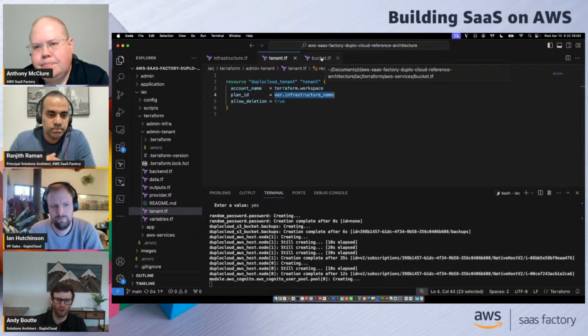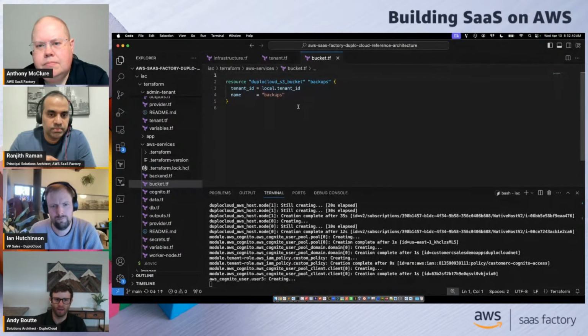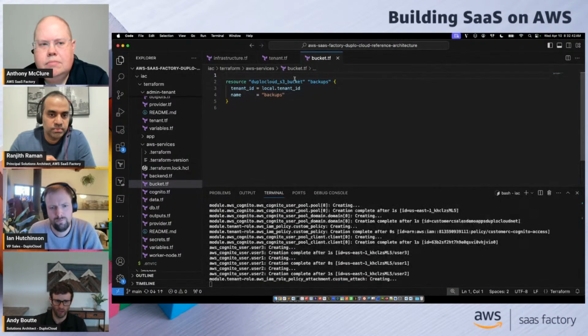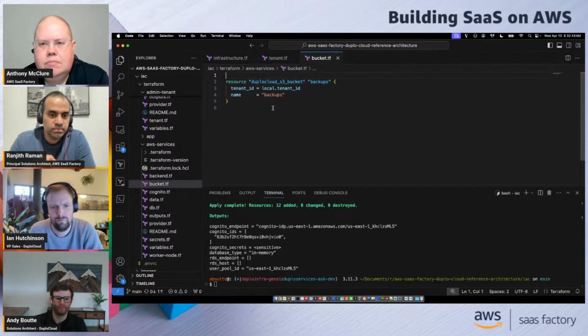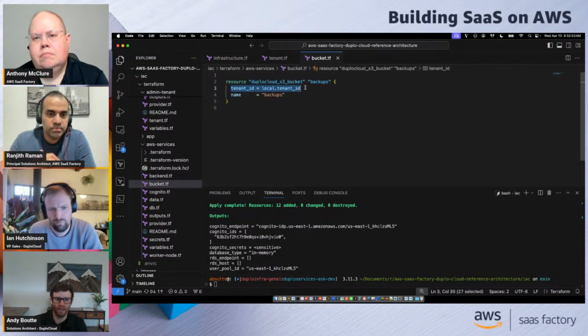And I just want to show a quick example of what it looks like to create an AWS service. So like we're creating an S3 bucket. In creating any sort of AWS resources, whether it's S3 or RDS or SNS, we're basically slotting in that resource and placing it inside of a tenant. So here we're creating an S3 bucket. The bucket name is going to be backups, and that S3 bucket from a DuploCloud perspective is going to live inside of the selected tenant. That tenant ID. Mm-hmm. Yes.